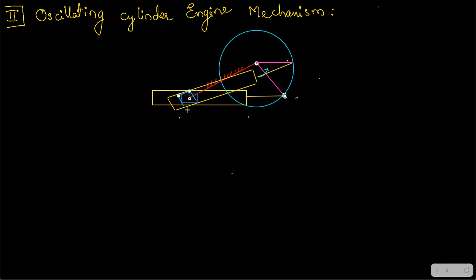I think now you can see, while it is sliding, automatically it's going to tilt the cylinder, and still further if you rotate it upwards, what will happen? Further it will tilt the cylinder and again it will push the cylinder front. So the cylinder will actually oscillate about this point itself. About this piston center, the cylinder is going to oscillate while it is going front and back. Okay, that's why it's called the oscillating cylinder engine mechanism.